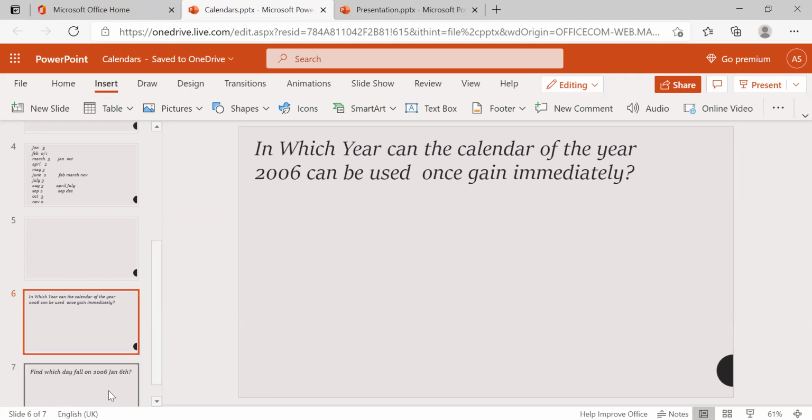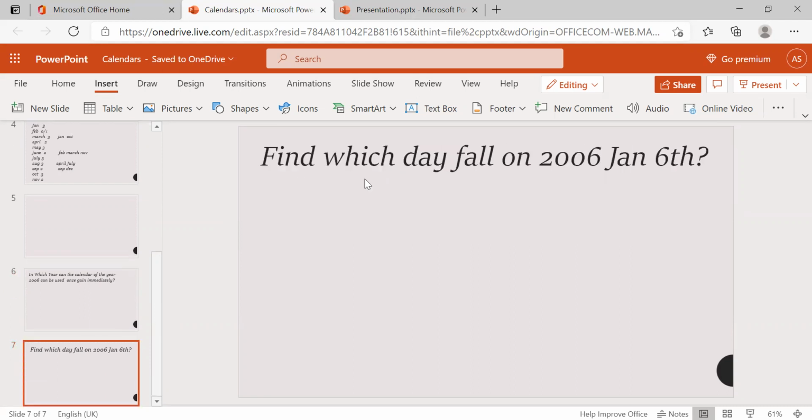And now today we are going to discuss finding the day. In calendars, generally they will ask the question: find the day in a particular year, in a particular month, and a particular date they will give. So how are we going to solve this?